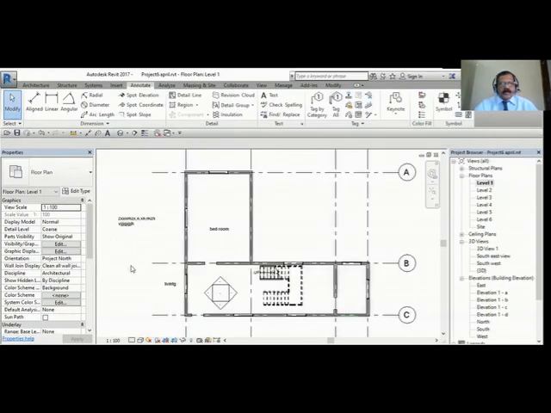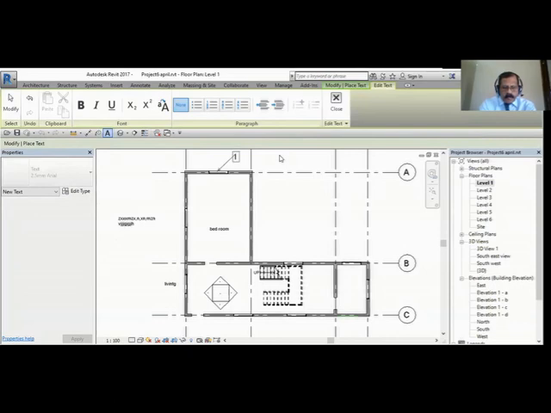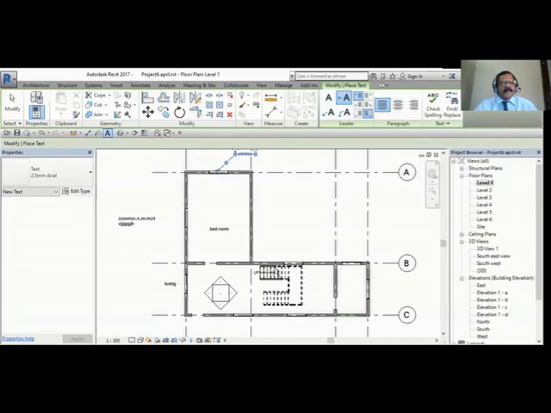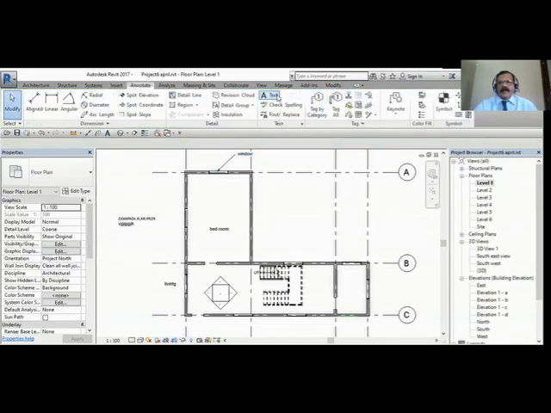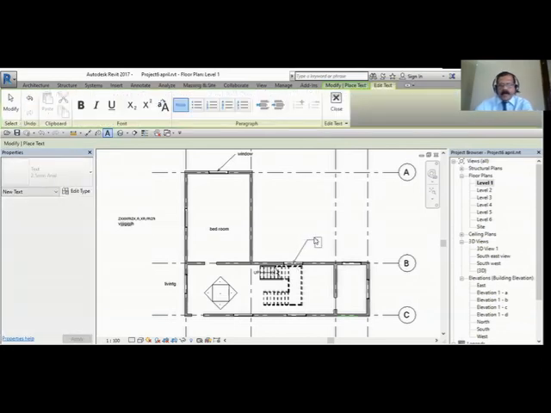Suppose you want to do the text with some arrow, then go to Text. You can use the arrow. Suppose I want to show an arrow here, I want to write there, window. You can use that. So this is with arrows and other things. This is a curved arrow. This is an arrow, then one line. That means arrow, one more line. Then you type whatever.